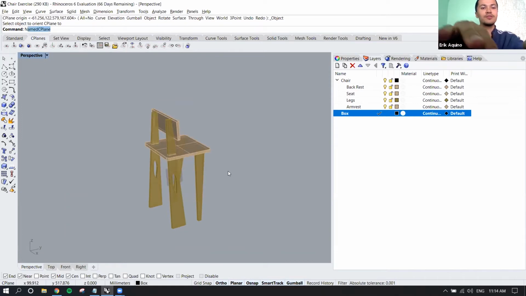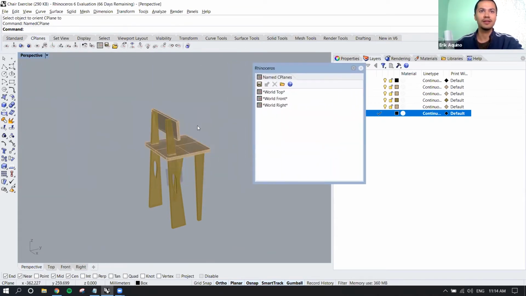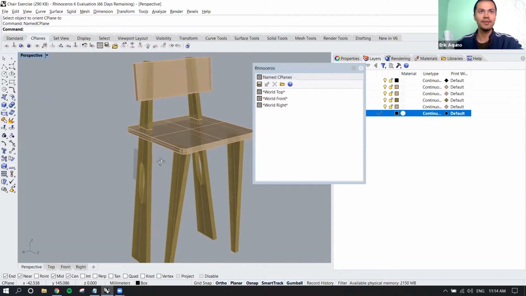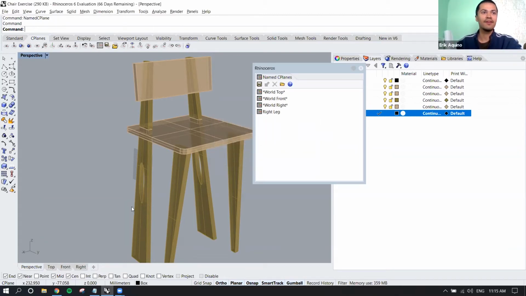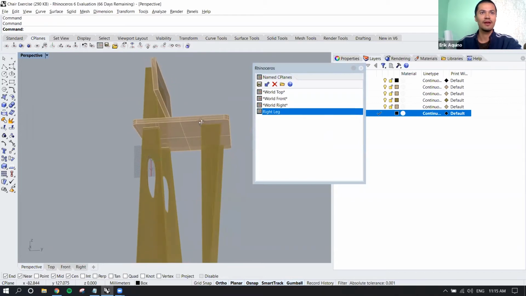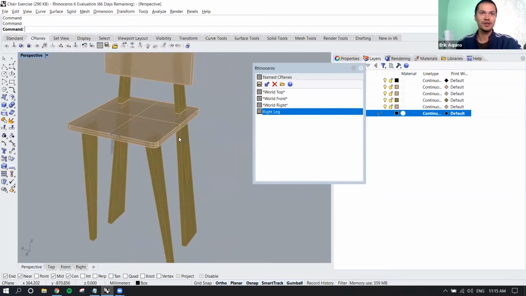And if I were to type named C-plane, this is the dialog I was talking about, how we can organize our C-planes or construction planes. I have this new one, so I'll simply click save. Let's call this right leg. And now if I were to switch between different construction planes, I'll have this already saved for easy access to work on. And so now I'd ask you guys to